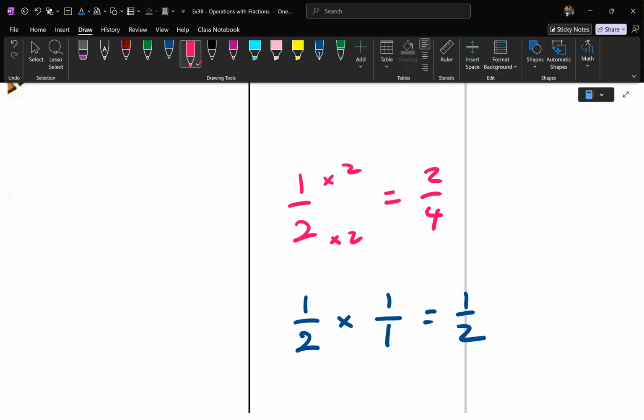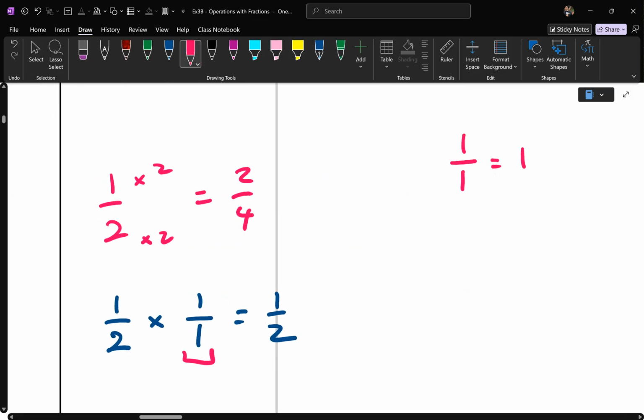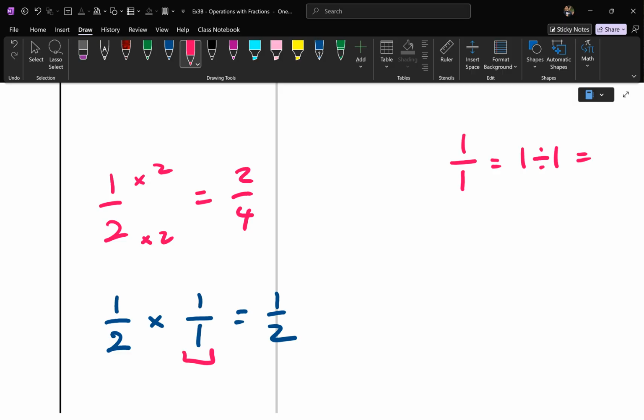Now this is key. 1/1 as a fraction, a lot of students don't realize, but when you write 1/1, that's the same thing as saying 1 divided by 1. What's 1 divided by 1? 1. So that there is still the same as saying half times 1, so the answer is still half. True. But then, how else can I get 1? You don't have to do 1 divided by 1. You can also do